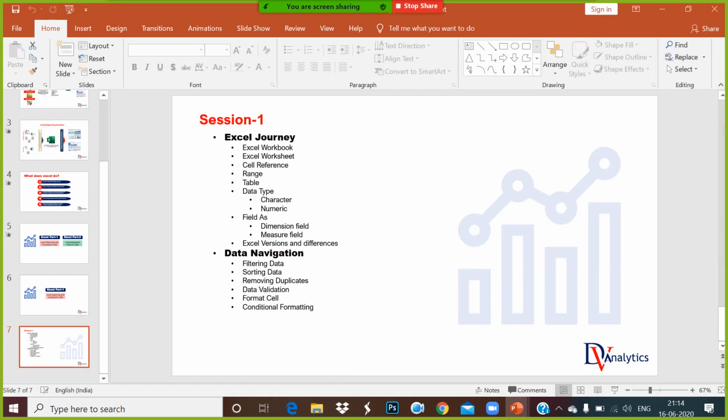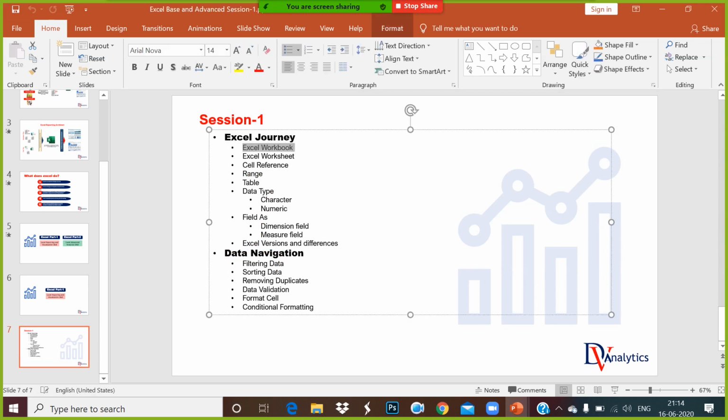As per the session 1 contents, we have covered what is an Excel workbook, what is an Excel worksheet, what is cell reference, how to define a range, how to define a table, the data types which are character and numeric, how to read a field as a dimension field or measure field, that is, the qualitative field or the quantity field, and the different versions of Excel which we have already completed. Now we'll move on to data navigation.